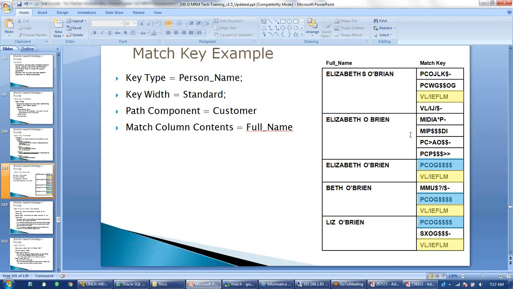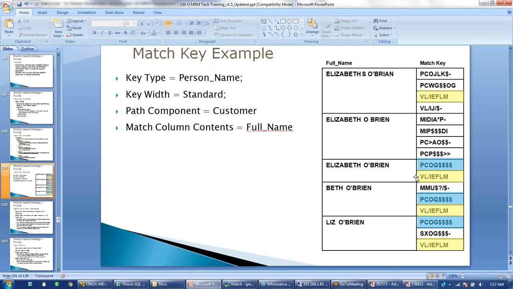Based on the row ID object, it puts the keys. Row ID object 1 has 4 match keys. Similarly, row ID object 2 has 4 match keys, 3 has only 2 match keys, and 4 has 3 keys. So that is not a fixed value.